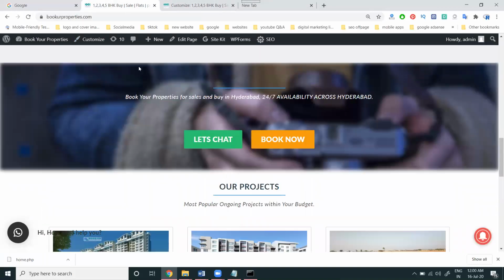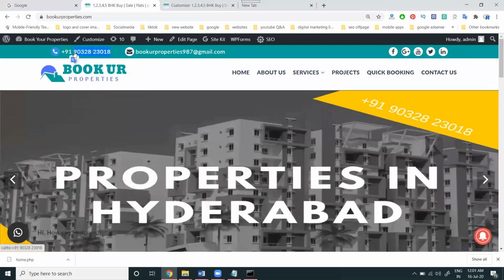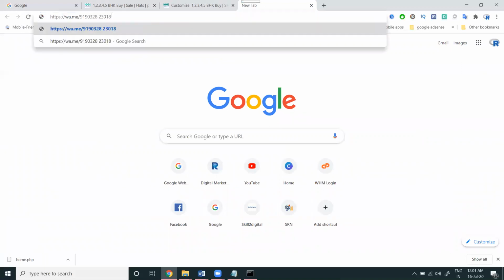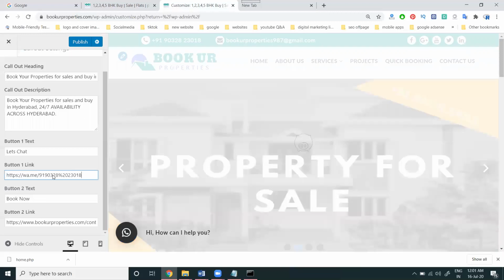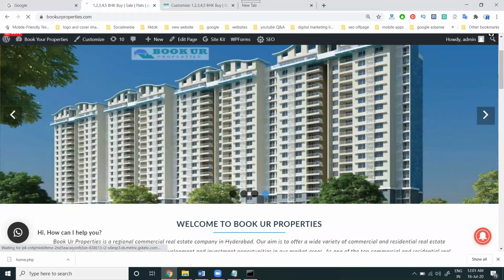What is your complete phone number for the particular client? So add it here. Copy the URL, simply this option, and paste it. Click publish. Now when any people click here, first of all refresh this option. Any people will see let's chat or contact us. Two options will be here.